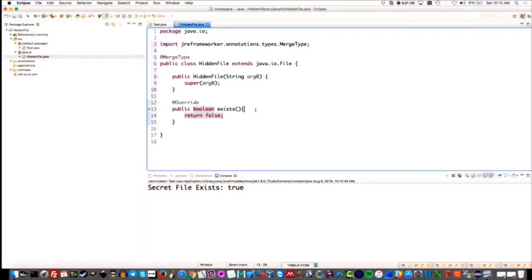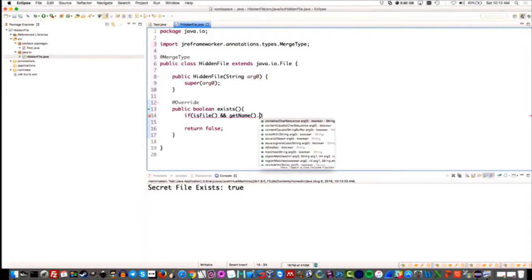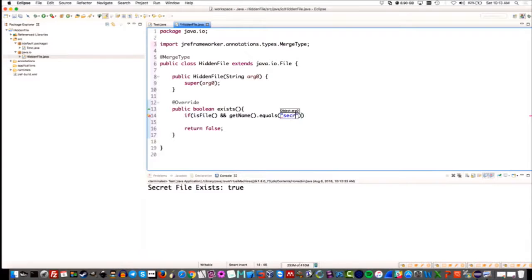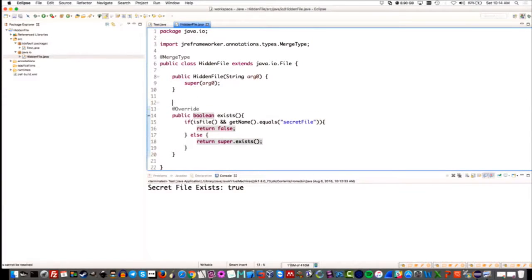Okay. And so let's check to see if the file name is secret file. Let's first say if it's a file and not a directory, for instance, and the name is secret file, then we'll just say nope, it doesn't exist. Trust me. Otherwise, let's just use the default behavior, right? So the default behavior is the method that we're going to replace. So I'm just going to return the original method. I'm going to use the super call for that. So this will later get rewritten so that all of this works. Okay. And then we also have to say I want to merge this method into the